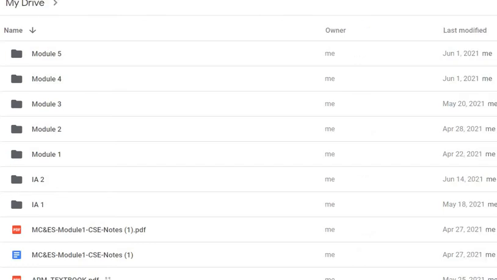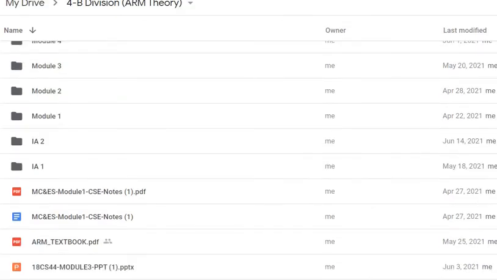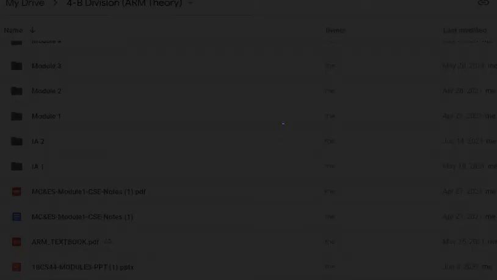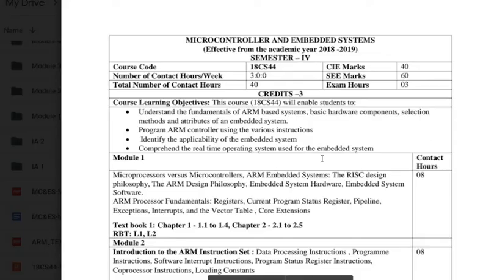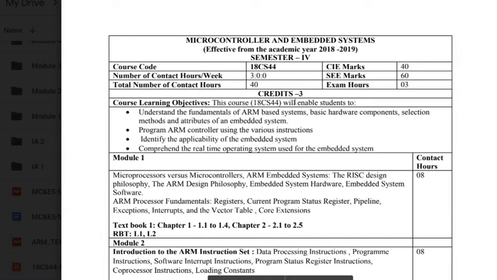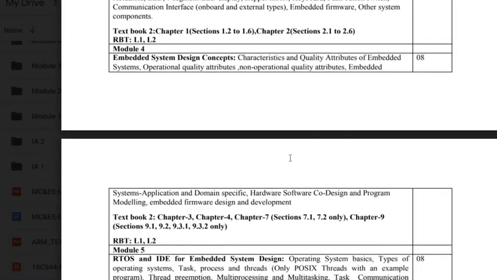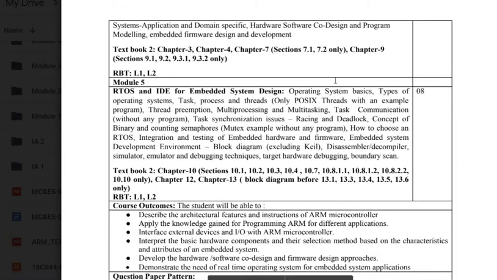So, before we go to that, you can see here in the syllabus, in module 5 we have completed the RTOS part.